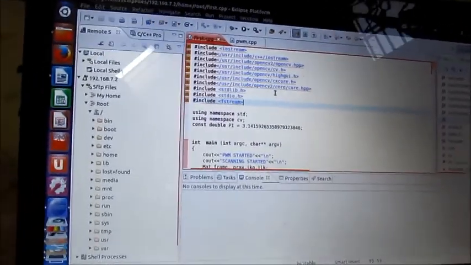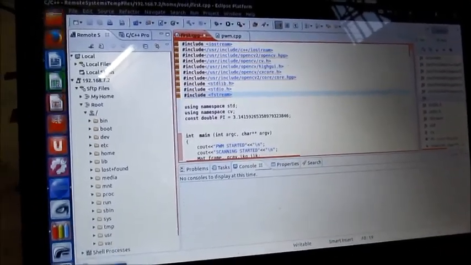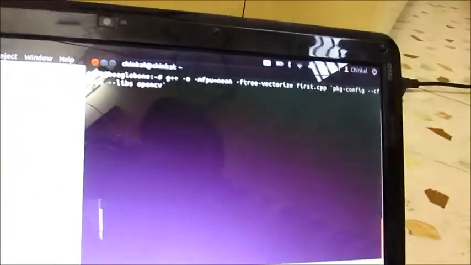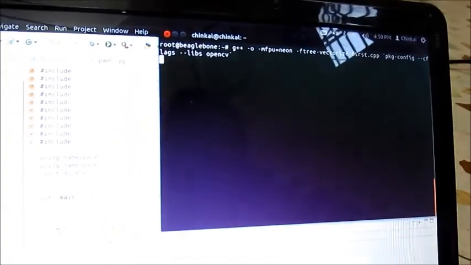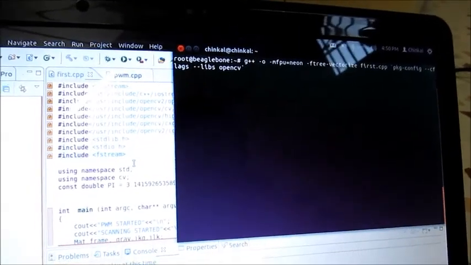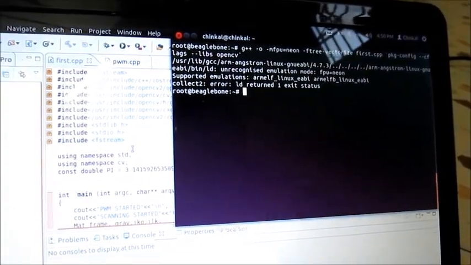Now we are going to compile this program on the terminal. As you can see, here we have added mfpu equal to neon. This feature is provided in the BeagleBone Black so that the calculations are done on a hardware basis, which optimizes our performance.